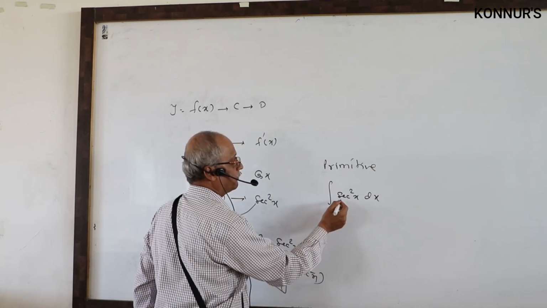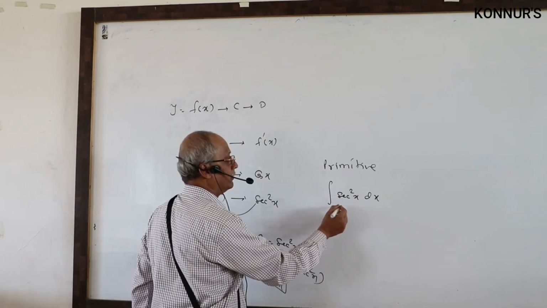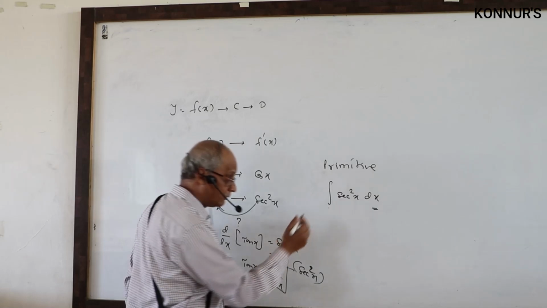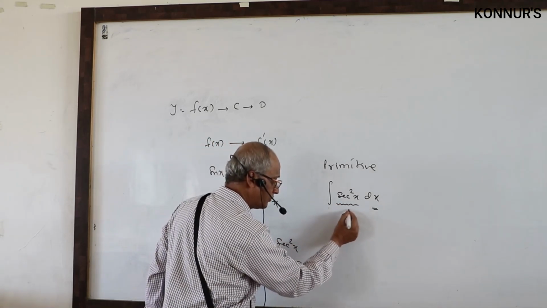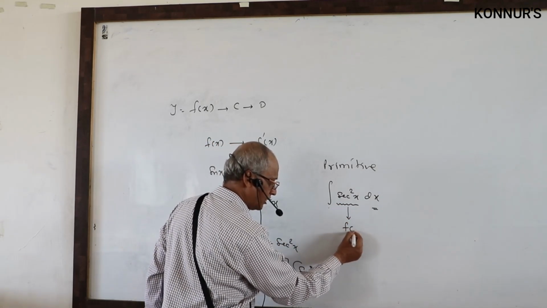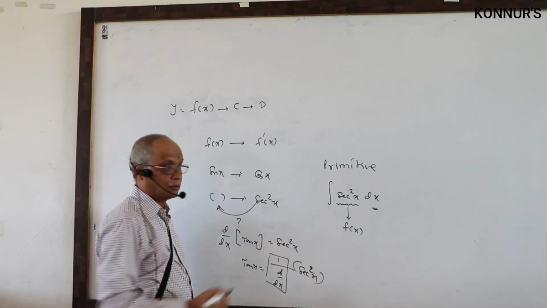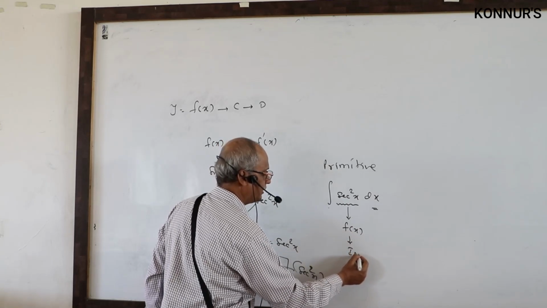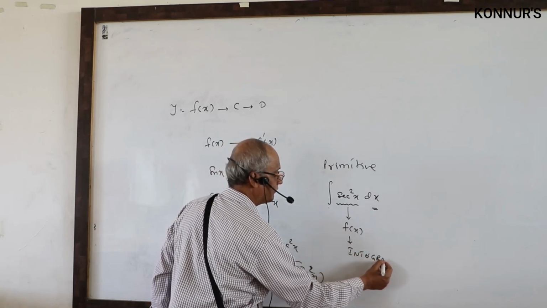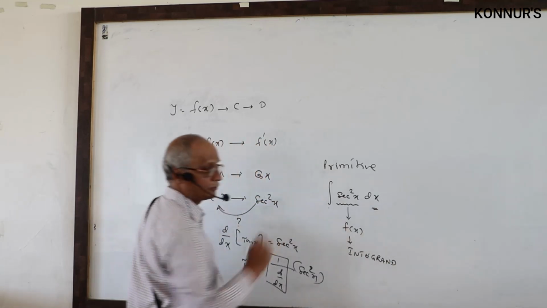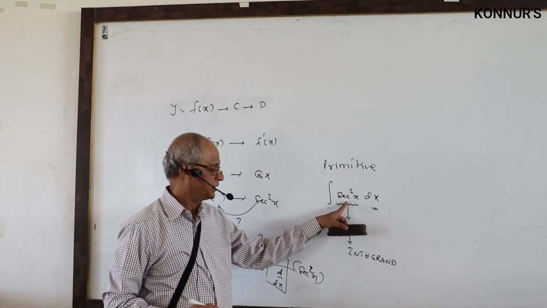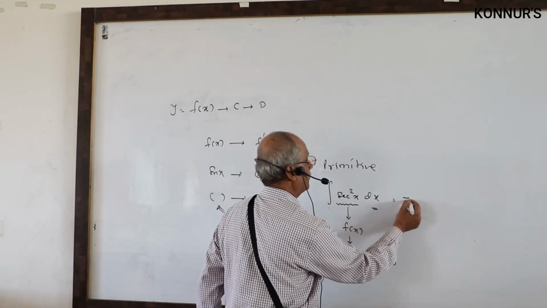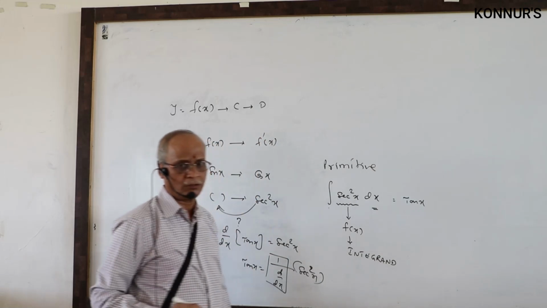Therefore, hereafter, whenever I am talking about the integral, the symbol dx is fixed. In between, space is provided. There we write a function, f of x. That function, whatever we are going to integrate, has a name called the integrand. This is called the integrand. Integral of secant square x dx. What is the answer you got? Tan x. Therefore, the integral of secant square x is tan x.